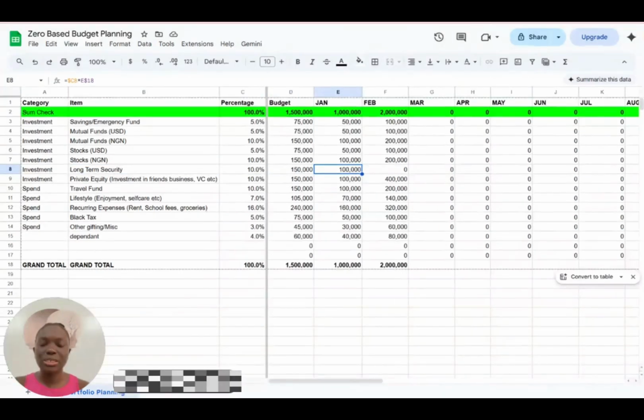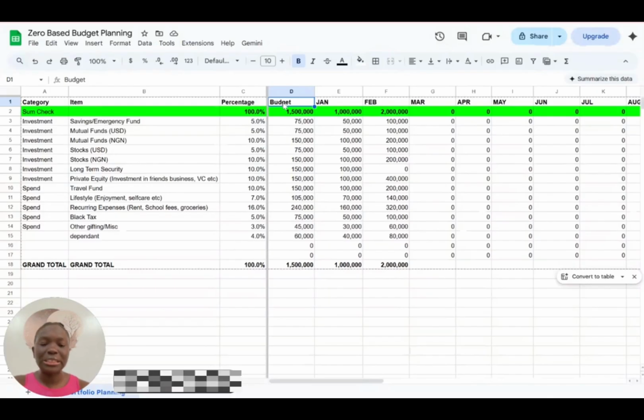So that's really it. The point of this is that you have a plan for your money before you actually start spending it. And that way your money doesn't come to you unawares. Your money doesn't come to you and you don't know what to do. You can really plan your money and, of course, build sustainable wealth, like I always say.